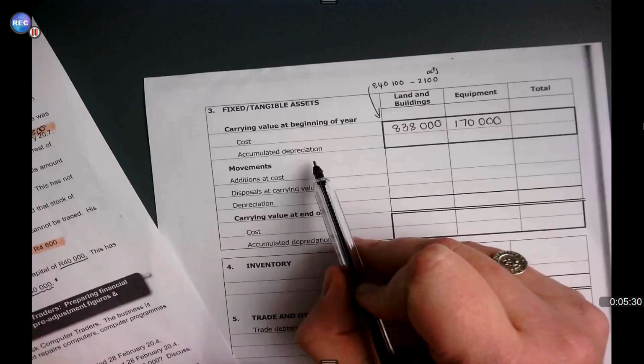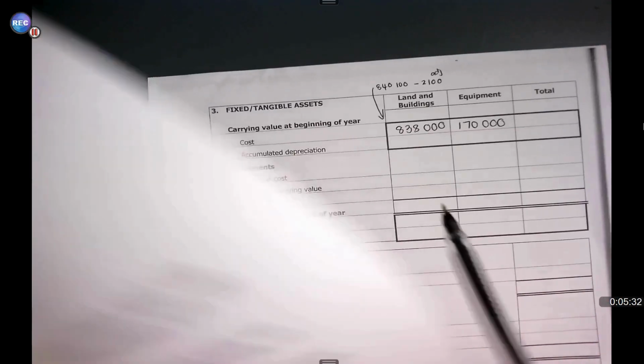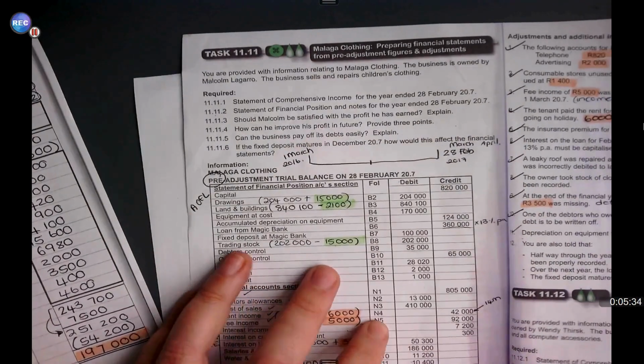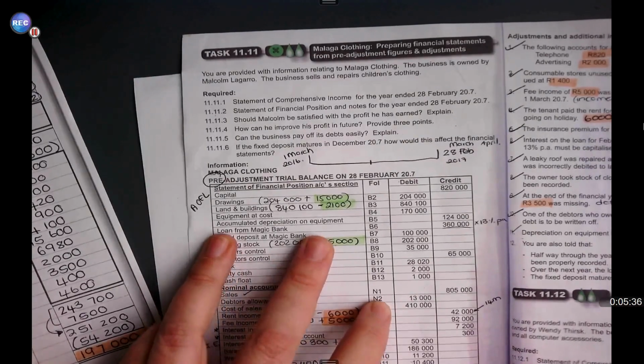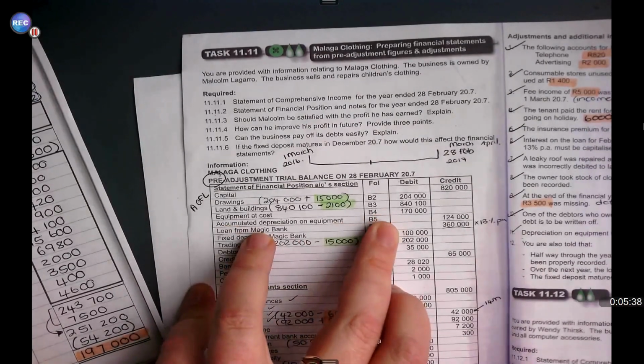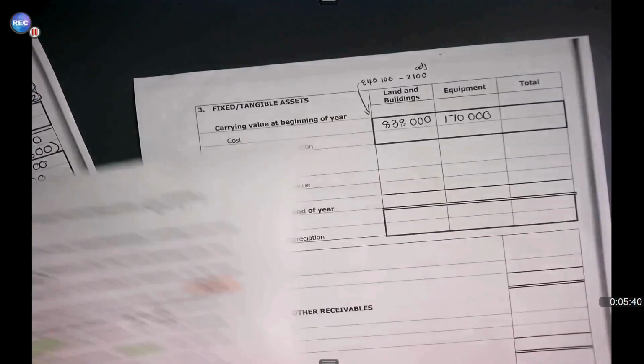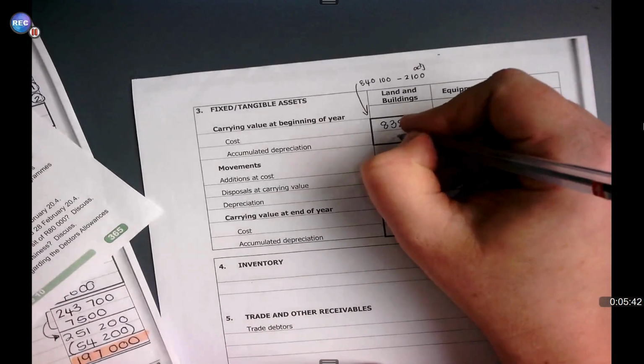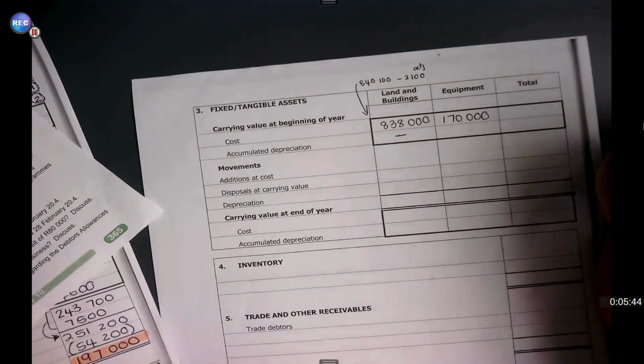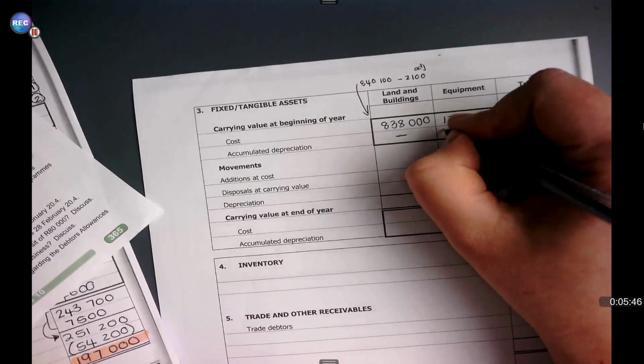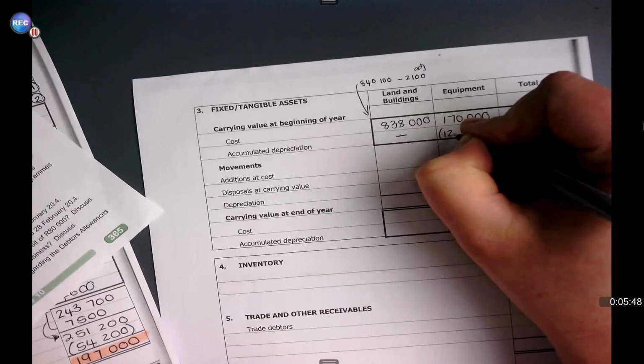The accumulated depreciation would have already been recorded over here. There's no accumulated depreciation for land and building. There is only accumulated depreciation for equipment. So your land and building accumulated depreciation is 0. You can just draw a line for that. And for your equipment, it was